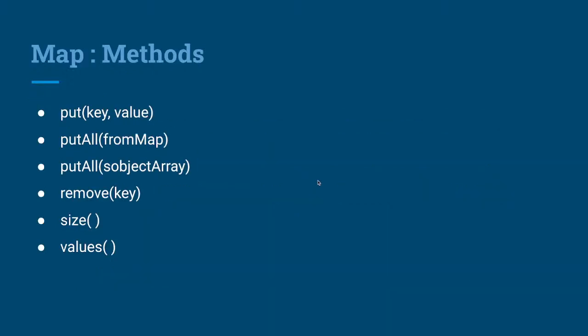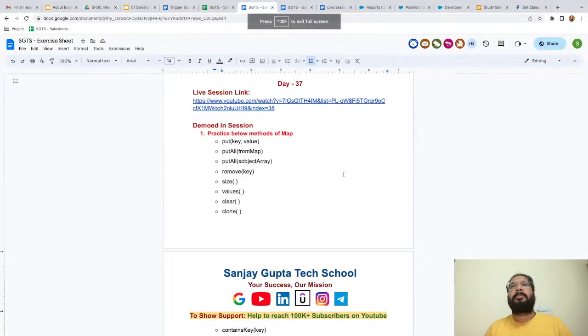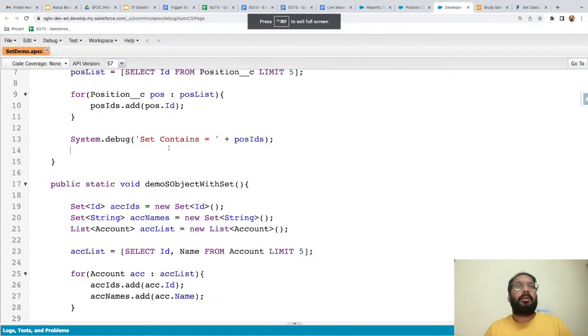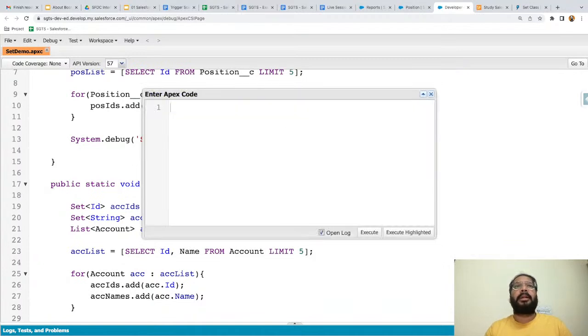Okay. So now moving forward, we have lots of methods that we need to understand. One by one I will be explaining so that you can understand how we can use map in Apex. So jumping to our developer console. First of all, I'm going to write the code in the anonymous window so that you can understand we can execute a map directly through the anonymous window as well. Then after that, I will be creating a class, and then I will show you how you can call that class and execute. So here I am creating a map of integer comma string,